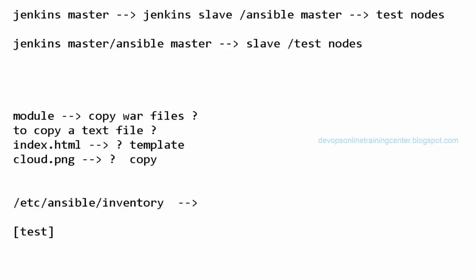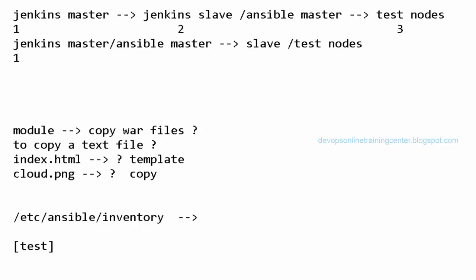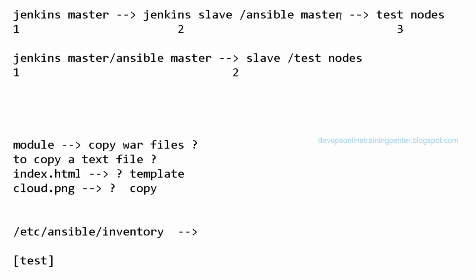One is the master. The other is slave. The other is the test node. Right now I only configure two nodes, right? So I have Jenkins master and I have Jenkins slave. To simulate the exact thing, let us say I don't have slave now. Everything runs on the master. So job runs on master, downloads the code on the master, converts it to binary on the master itself, and then Ansible, my Jenkins master is also my Ansible master. So the code is available here, binary is available here, and I use Ansible to copy that to test nodes.